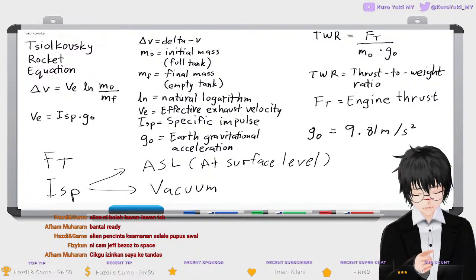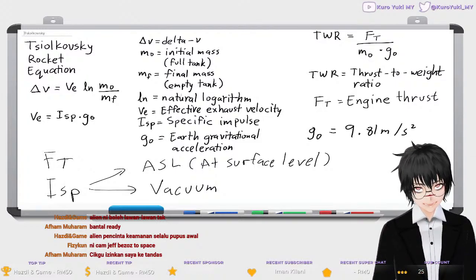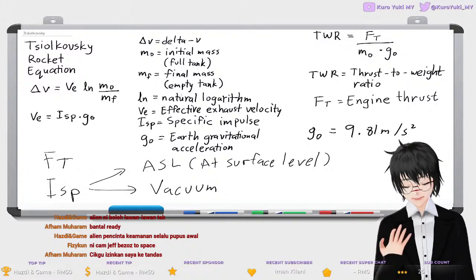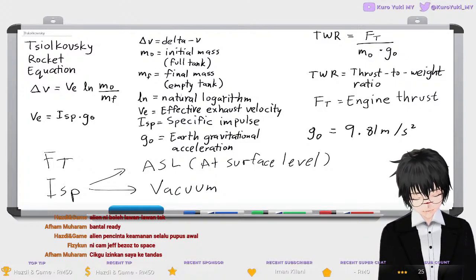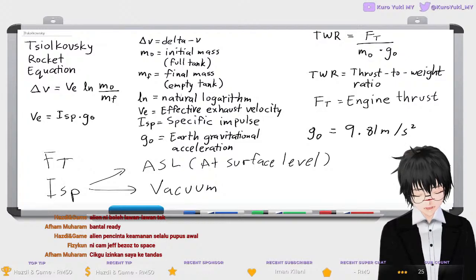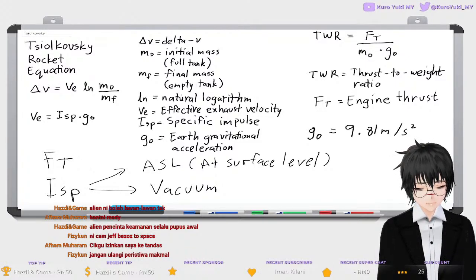Basically, both of them refer to the same stuff, I guess. And we'll be looking at the surface level and also the vacuum level. Why it's important to distinguish between these two is because at surface level, our rocket